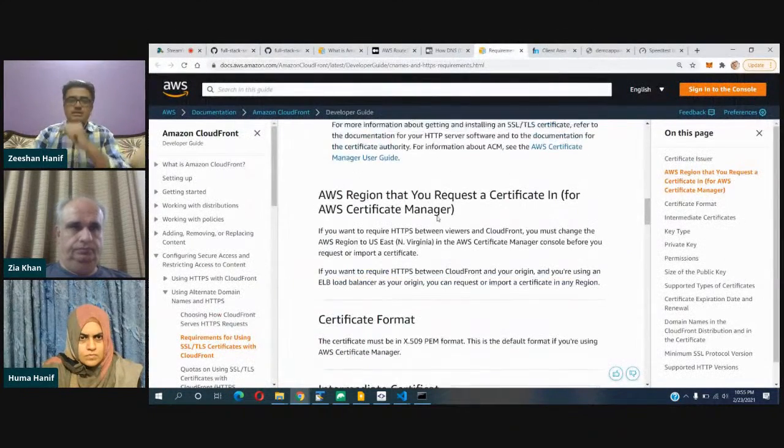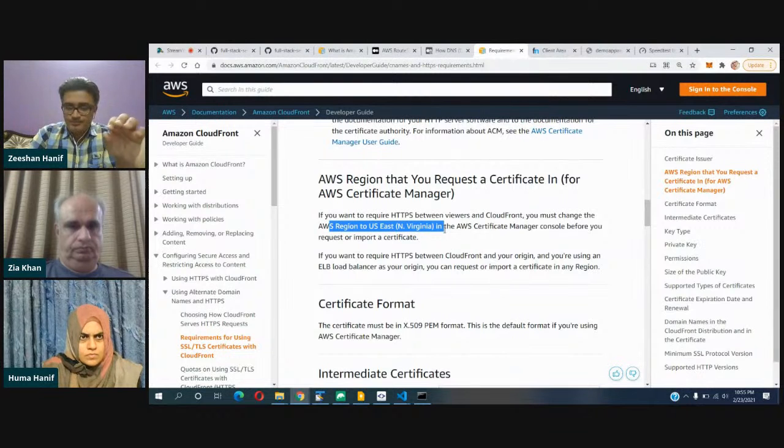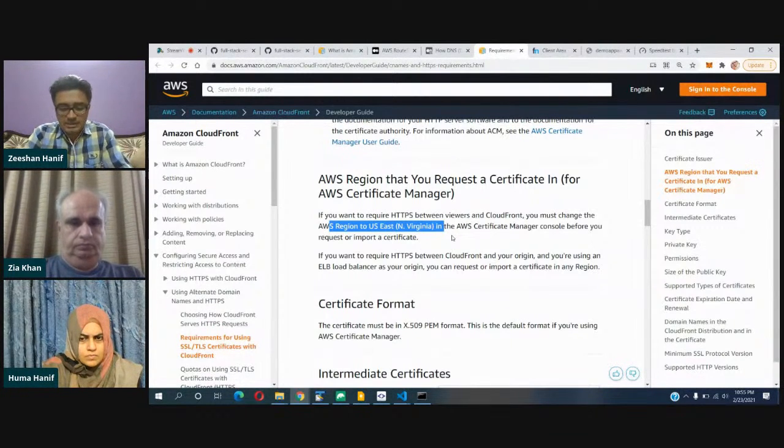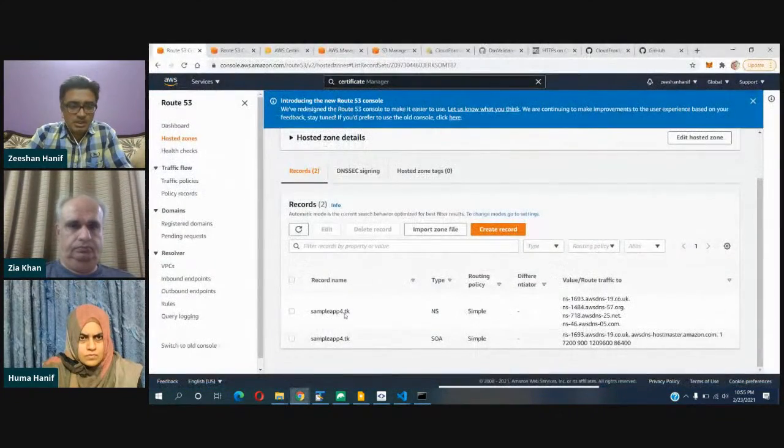Yes, I found it. This is one of the URLs which mentions that if you want to require HTTPS between viewers and CloudFront, you must change the region to US East 1. So your certificate should be inside US East 1. This is the requirement, and you have to specifically specify the region for your certificate. That's why when we come over here,